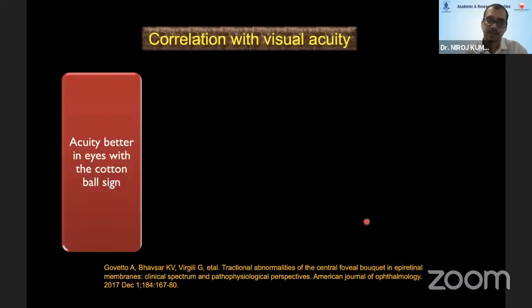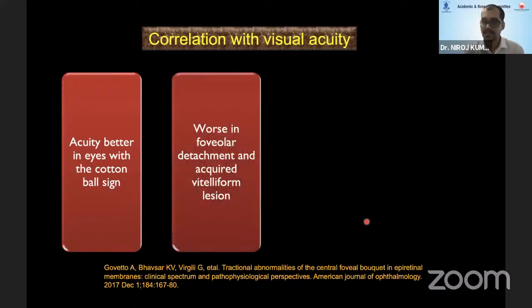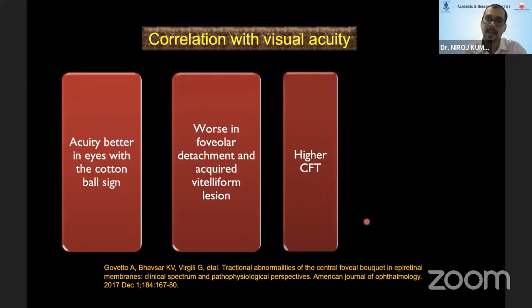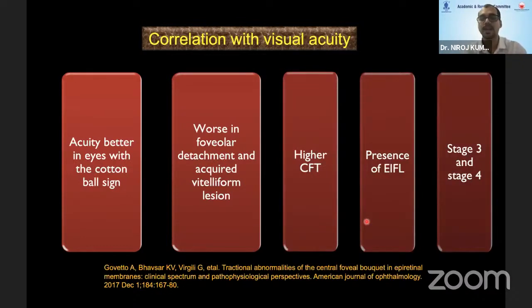Again, correlation of visual acuity. Patients with the cotton ball sign, that is, earlier stages of CB abnormalities, do better and have a better visual acuity, while the foveal detachment and the vertiform lesion group have a worse visual acuity. Again, eyes with higher central foveal thickness, EIFL, and stage 3 and stage 4 all three have lesser visual